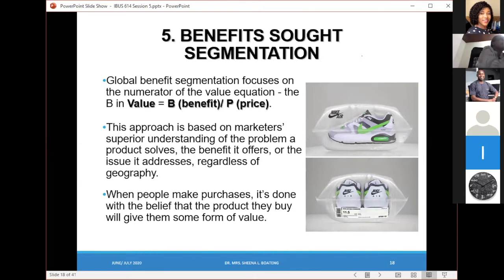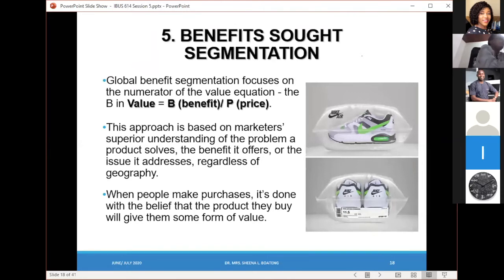So when people buy a product, they expect to get some form of value from it. And that is what has necessitated this entire value equation, and why brands and organizations are putting in place measures to ensure that they can target all customers who are expecting different levels of value from products and services. So to be able to explain this, we will discuss further what we refer to as the fair value line